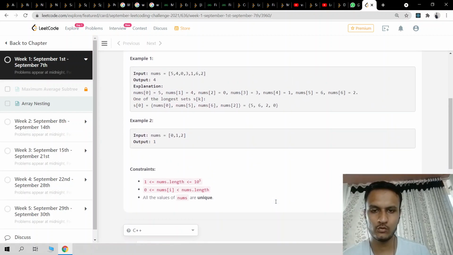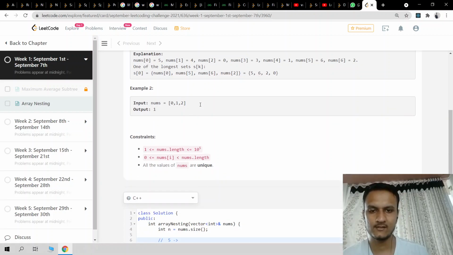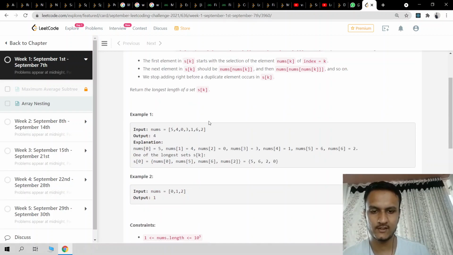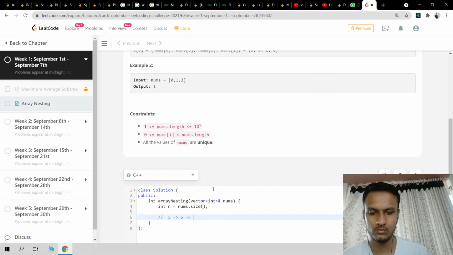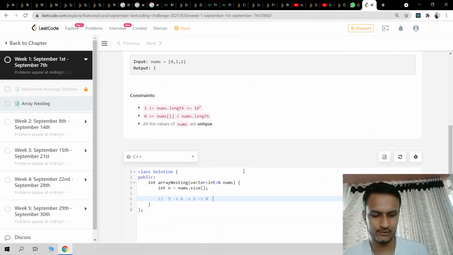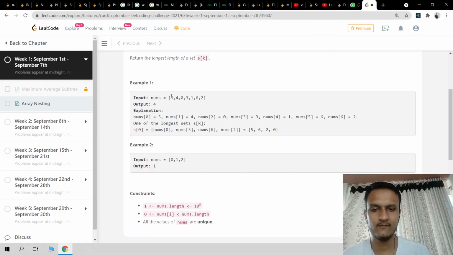Then I will go to the 5th place, which is 6, so I will go to 6, then from 6 to the 6th place, which is 2, and then from 2 to the 2nd place is 0, and 0 to the 0th place, which is again 5.